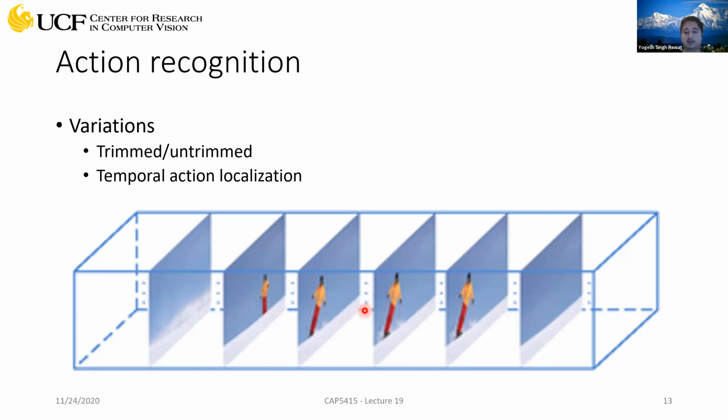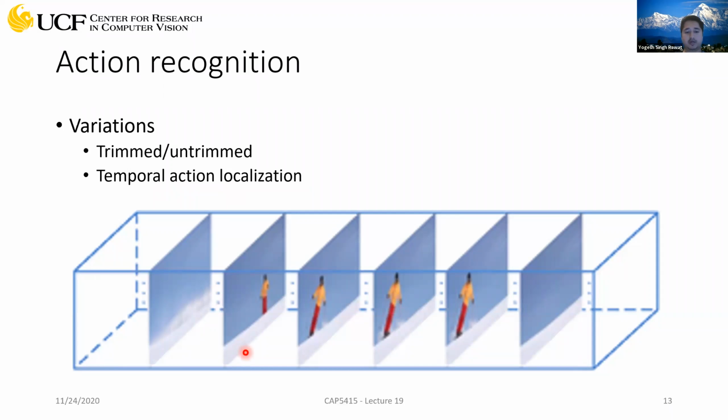And this is special because you cannot take this long untrimmed video and say that this action is being performed, because there are many sections or segments in the video where that action was not present. And this is a special case of action recognition. We call this temporal action localization. And the goal here is first to identify which action is being performed, all right? And then also temporally locate where exactly that action was being performed.